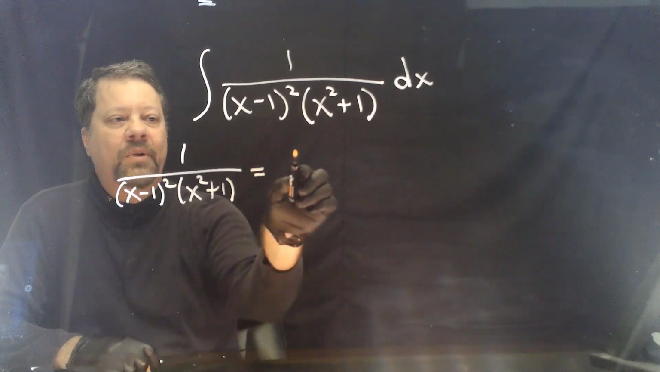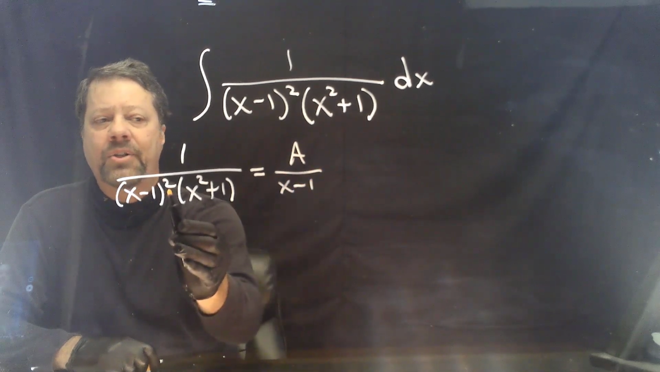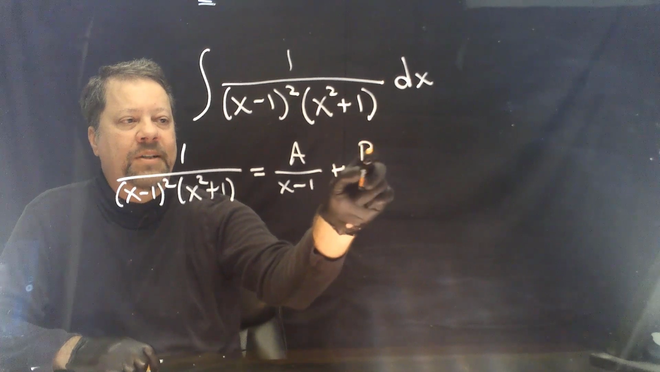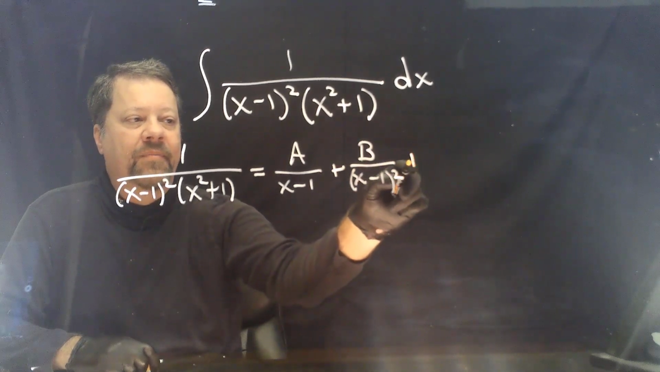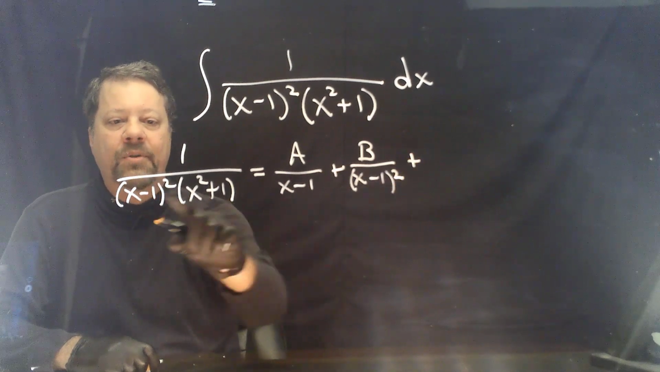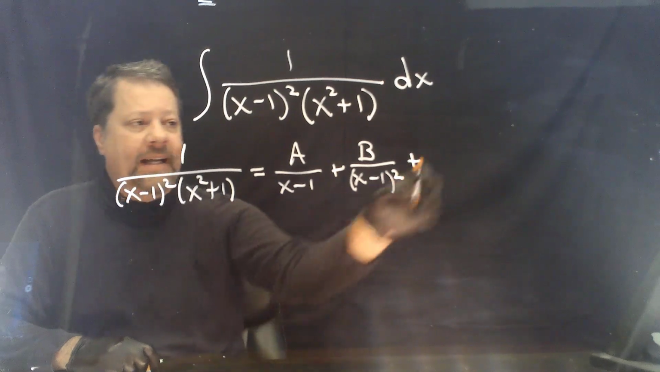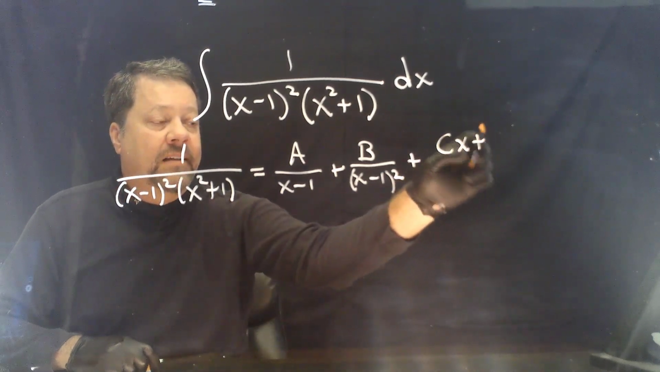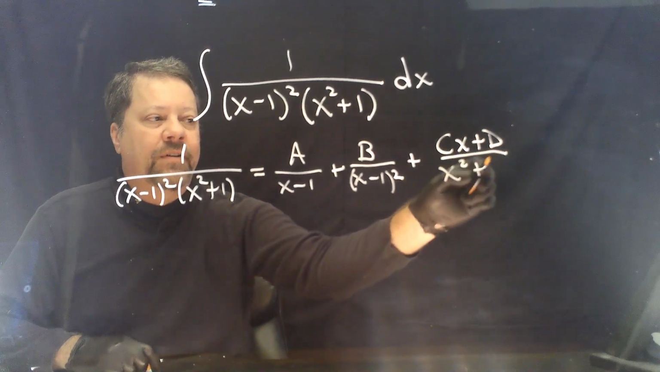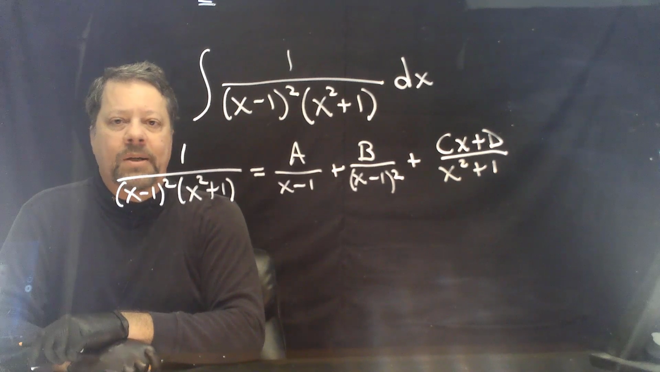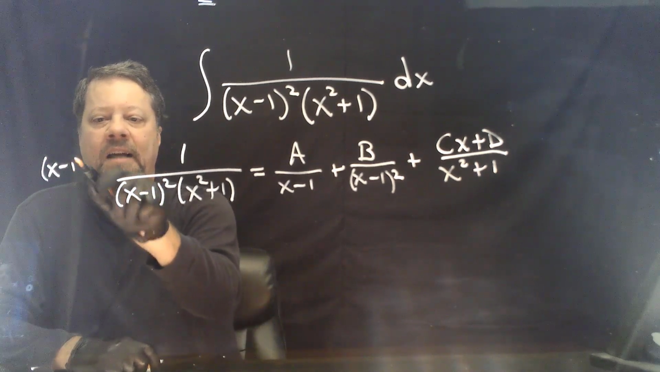And it's equal to a constant over x minus 1. Because the power here is 2, we have to include the possibility of a constant divided by x minus 1 squared. Power is 1 all the way up to whatever power appears here. For your irreducible quadratics, you need a linear term in the numerator, cx plus d, over the irreducible quadratic. If you now multiply both sides by the denominator,